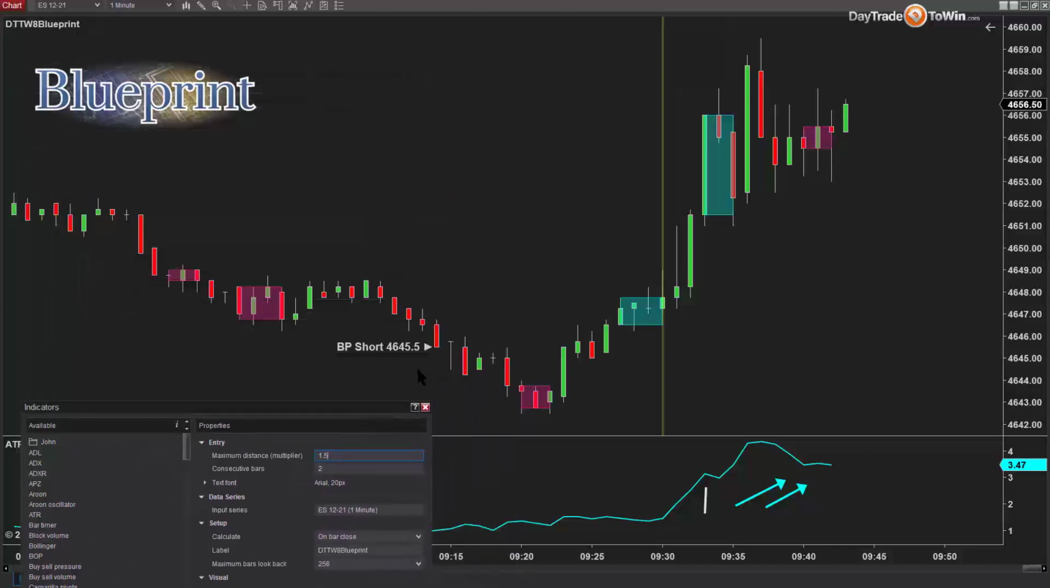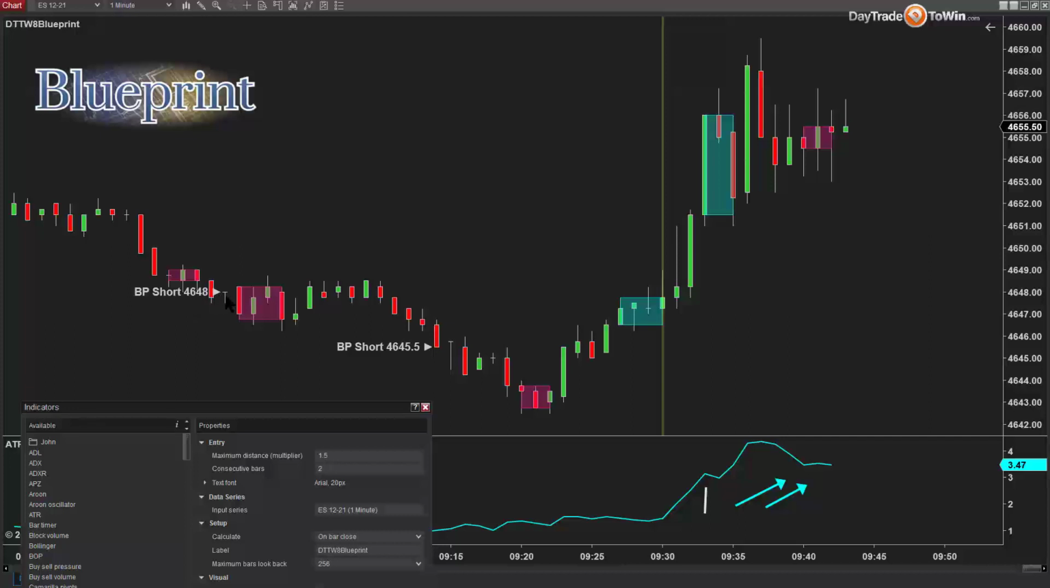What that means is that before there's a signal, there has to be a limit on how far away the signal is generated from the shaded area. So that's the maximum distance, and how many consecutive bars. You see here, I have 1.5 times the distance from the box, and I have 2 consecutive bars. I click apply, and you can see here that there's a signal to go short, because this,